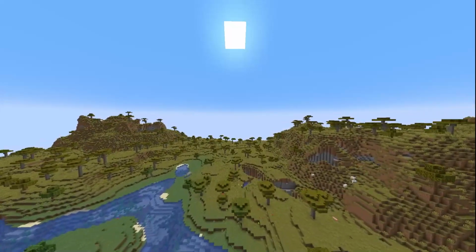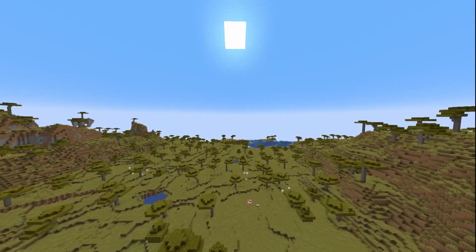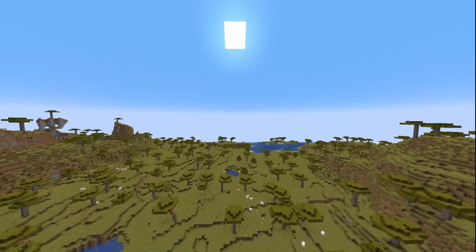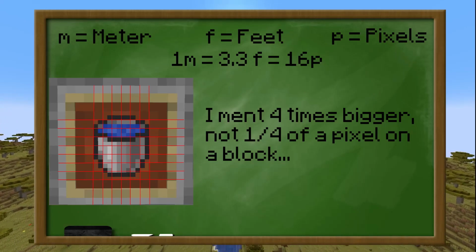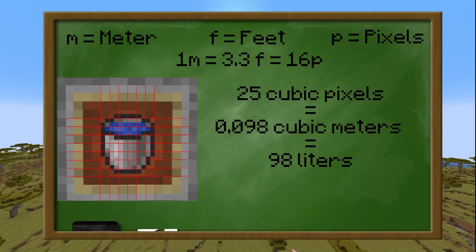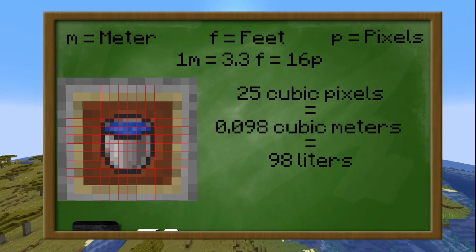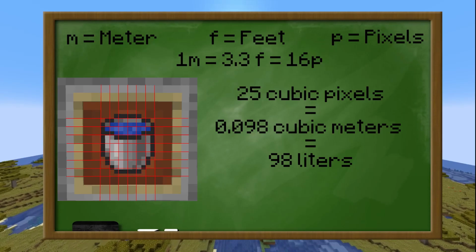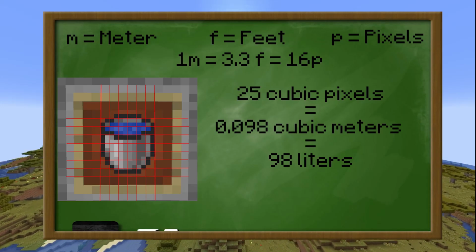So I will scale it down by looking at the amount of pixels a block has in an item frame compared to the bucket. So when we scale it down, 1 pixel on the bucket is 1/4 of a pixel on a block in an item form, as you can see here. So then we have something like this. So then we have 25 cubic pixels, which is about